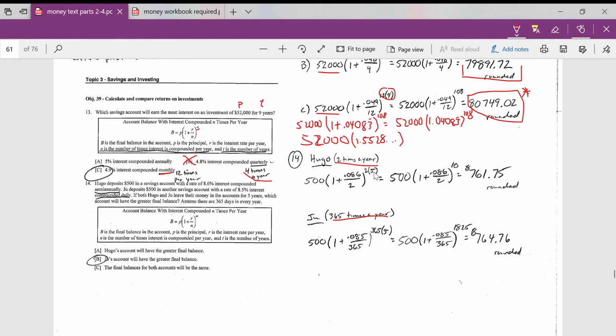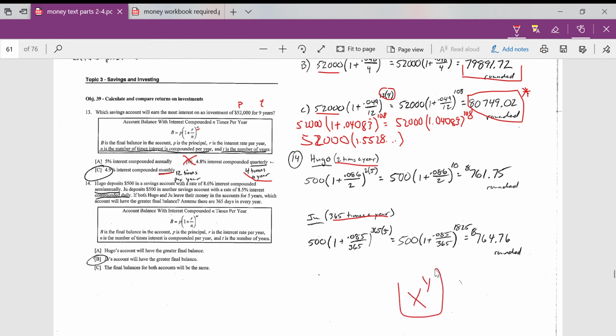So first step I'm going to do, multiply the 2 times 5, so my exponent becomes 10. In this problem, 365 times 5, and exponent becomes 1,825. Now, just by looking at this, it looks like this is going to be so huge that it's for sure got to be bigger, but not necessarily, because the number inside here isn't going to be much more than 1. Okay, so again, I'm not going to show every step like I did up here, but I would divide these two, get my decimal, add 1, it's going to be 1 point something,